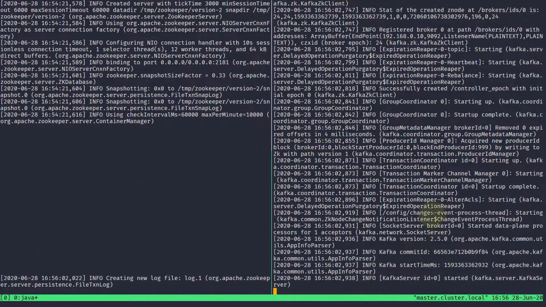That's why we were getting the previous message about waiting for Zookeeper. This server started at port 9092, which you need to remember because that is the default port. Zookeeper starts at 2181 and the broker, that is the Kafka server, starts at 9092.